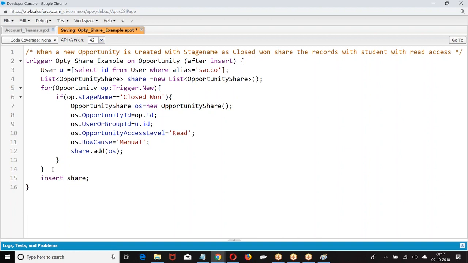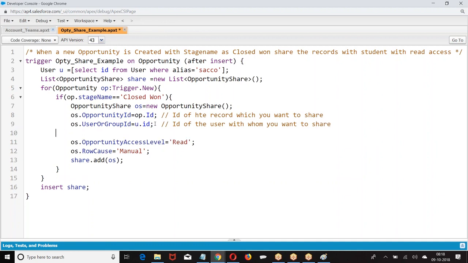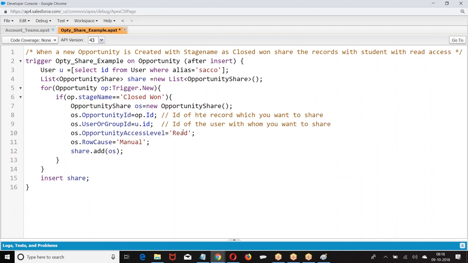So look at this. What was the condition here? Opportunity ID is the ID of the record which you want to share. Then we have user ID, the ID of the user with whom you want to share. Then we had access level, the type of access you want to give.